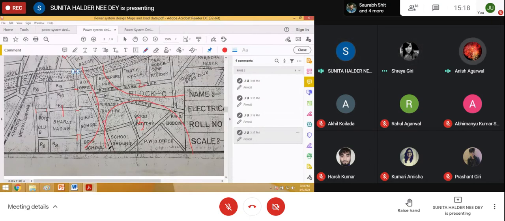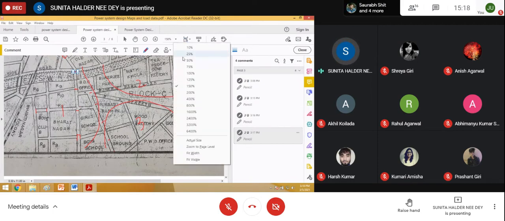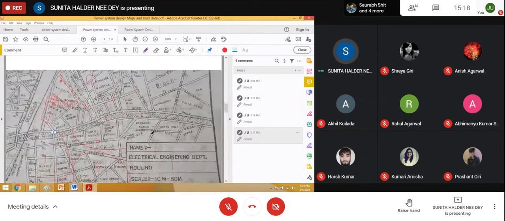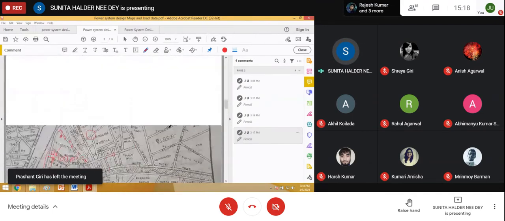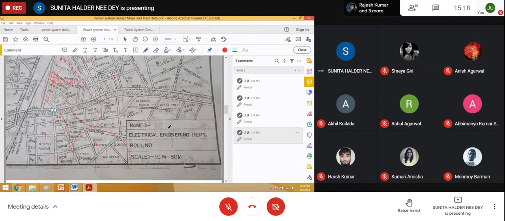Understood? Yes, ma'am. Ma'am, we will take the printout in A4 paper. No, for this one, it is required in actual size. That's why I have told you now, whatever you have, make the figure 100%. Whatever size requirement, in that way you take the printout. This is the 100%. Then whatever bigger paper size you require for this printout, you can take. Do not reduce the size.